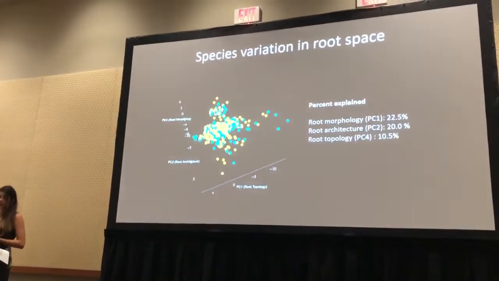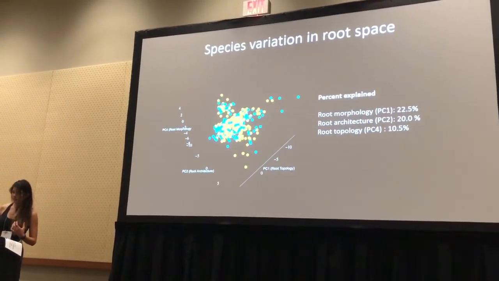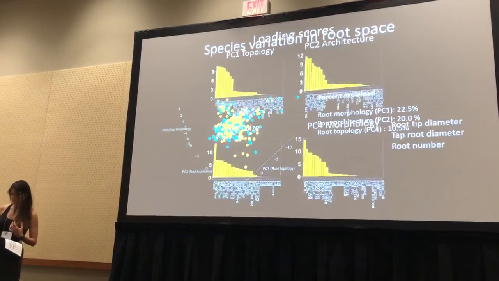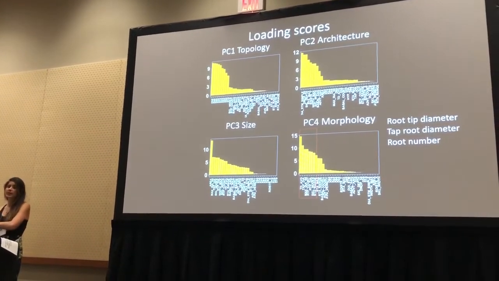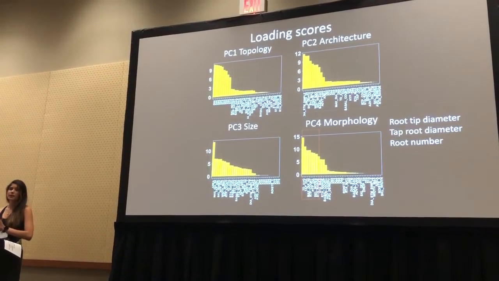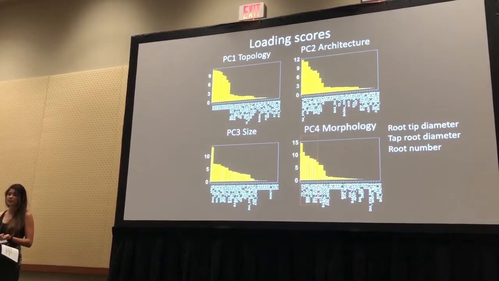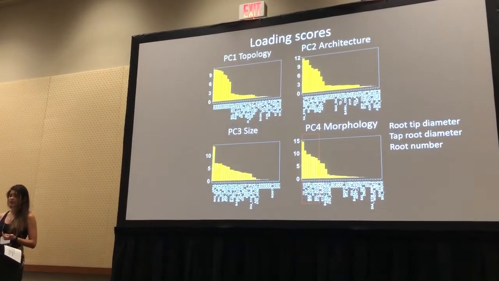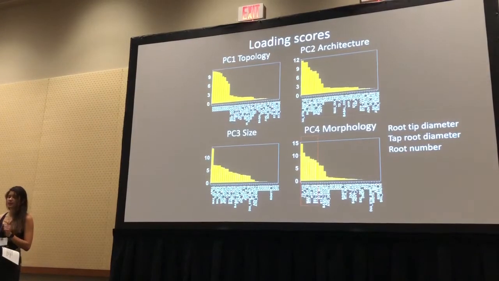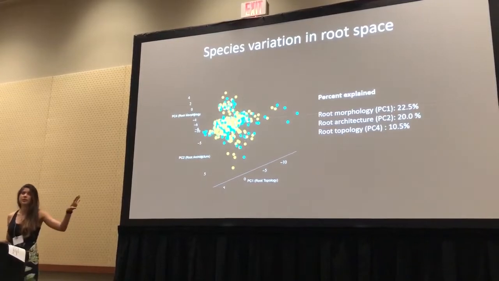When we examine the 3D dimension of these 3 PCs, let me just mention quickly that for root area, I'm excluding it in the subsequent analysis because previous research has demonstrated that root size is not selected for in below-ground competition between these species, and I have not found maternal line variation for this trait of size. So I'm focusing on topology, PC1, architecture, PC2, and morphology, PC3, and this is what's shown in the 3D scatter